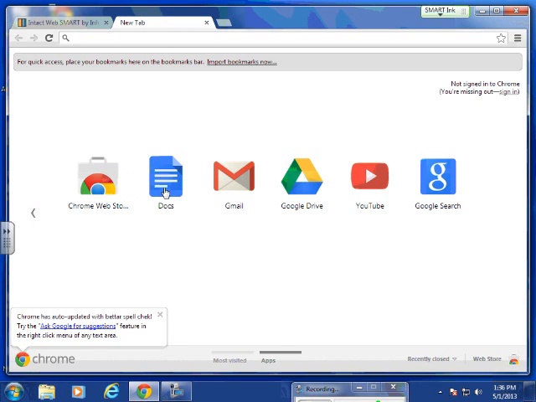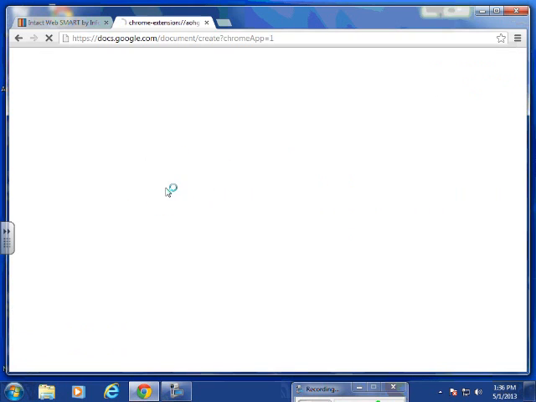Now, Google Docs. Google Docs is what many teachers and administrators are using at this time in order to create lesson plans. Anytime you want to share a document, you might want to use Google Docs. There are a lot of pluses to using Google Docs. When I go to my Google Docs,